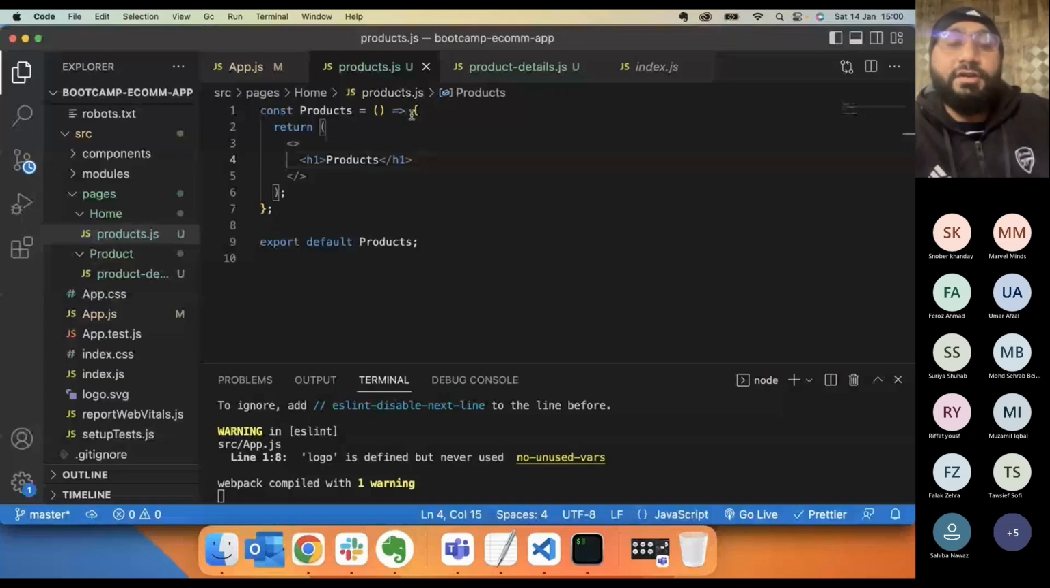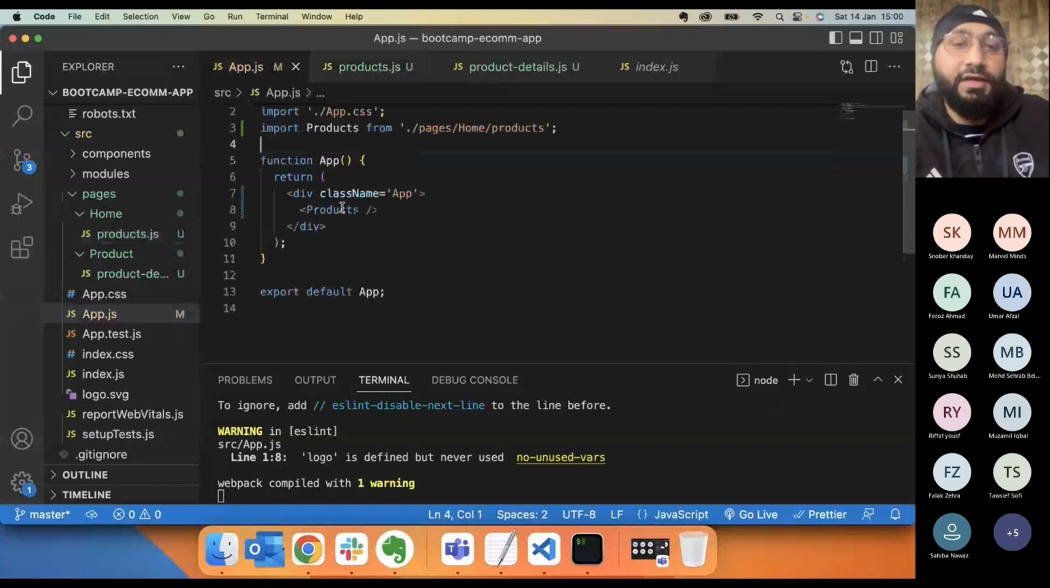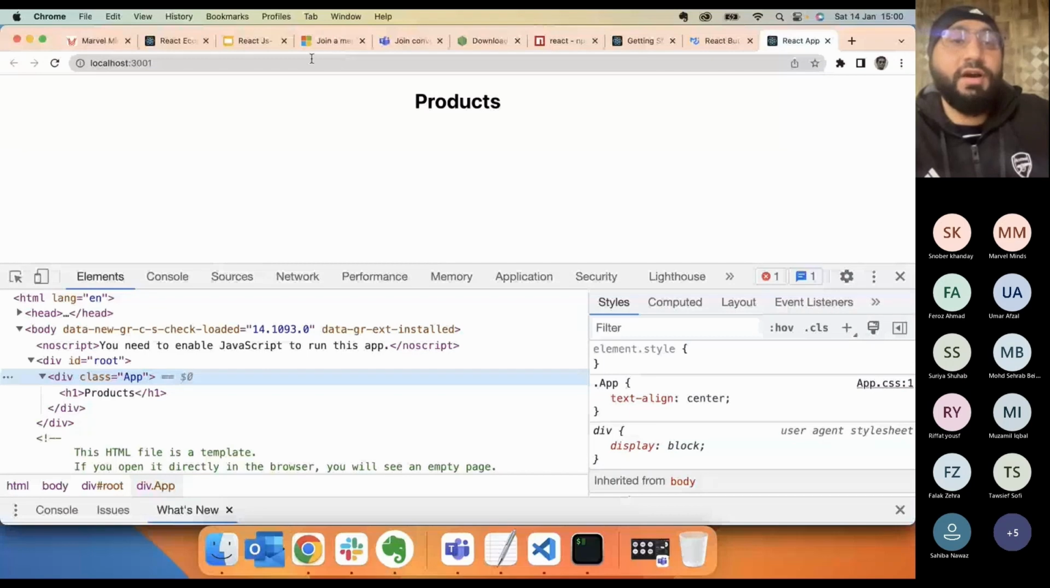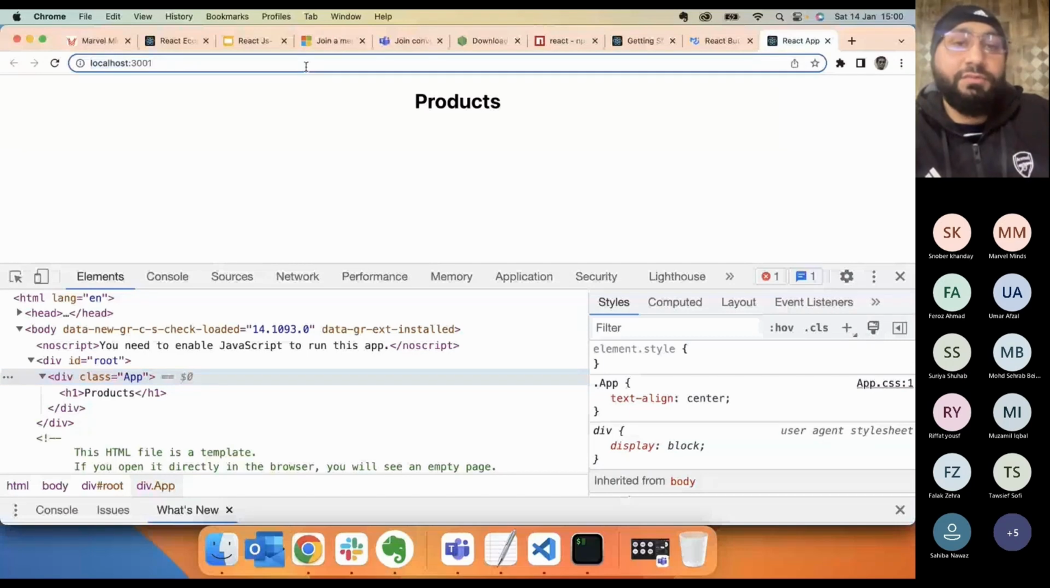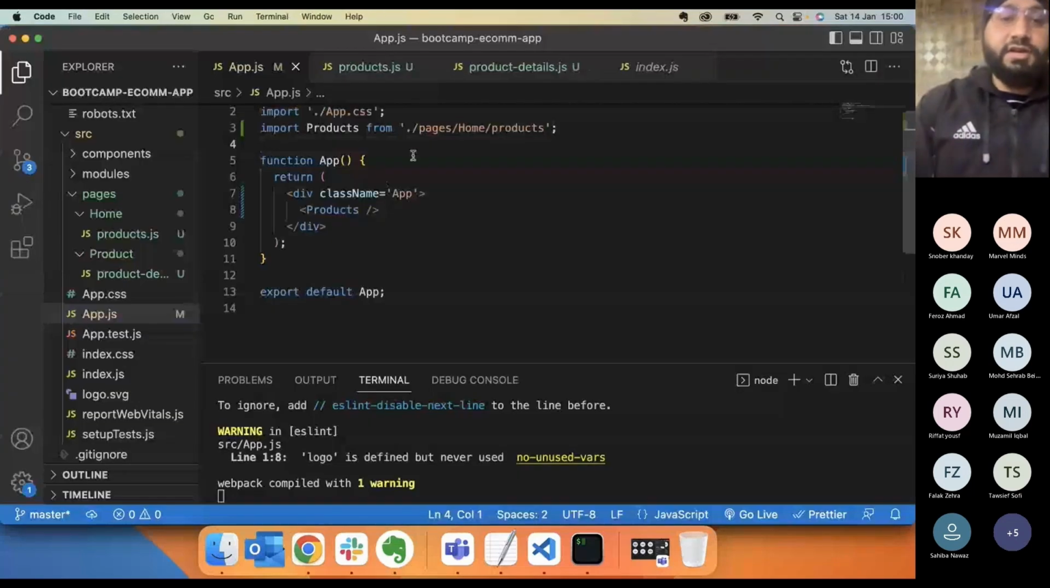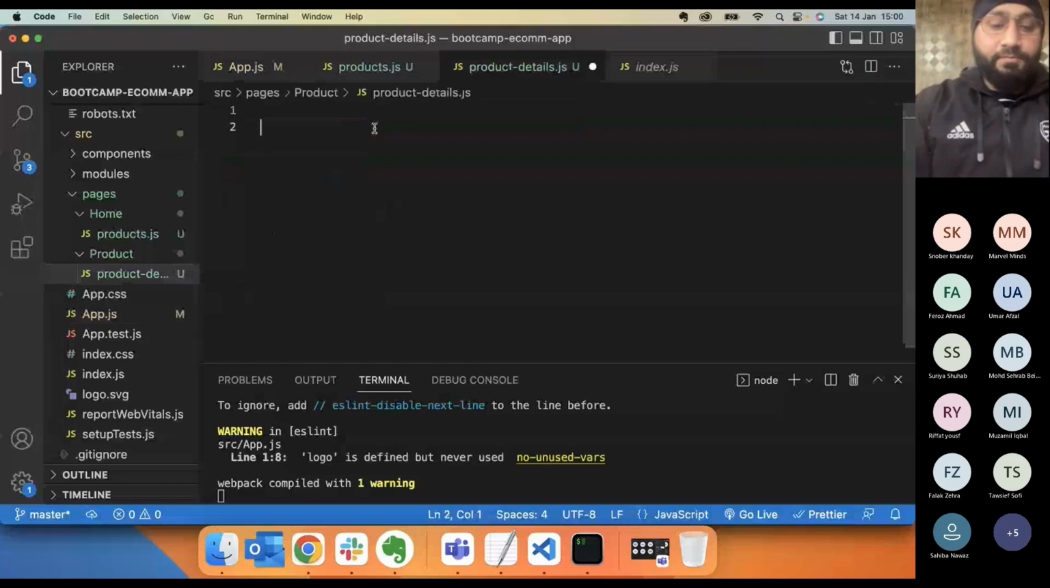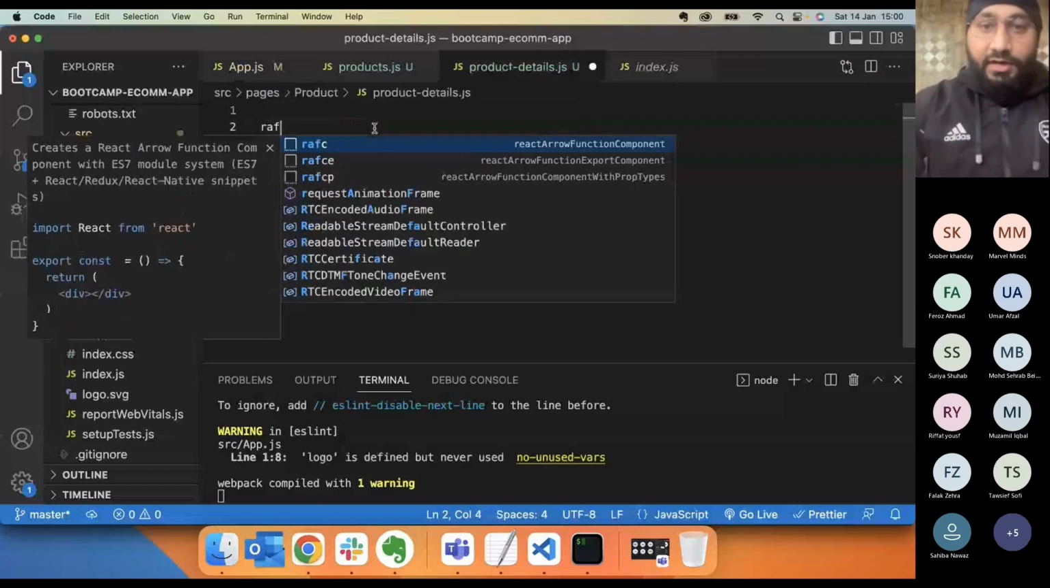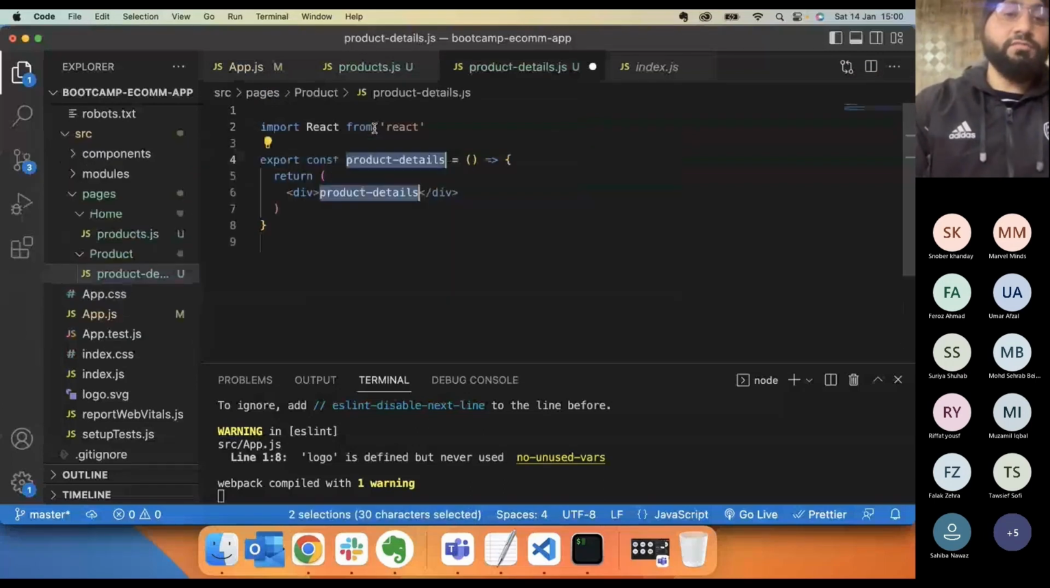So before we continue, I'm going to show you how to set the routes, okay? How will we create different routes? Routes means URLs. I want the Products page to be shown here, but on another URL, another page should be shown, okay? So I created the Products page here. Similarly there is a shortcut called RAFC that will create your